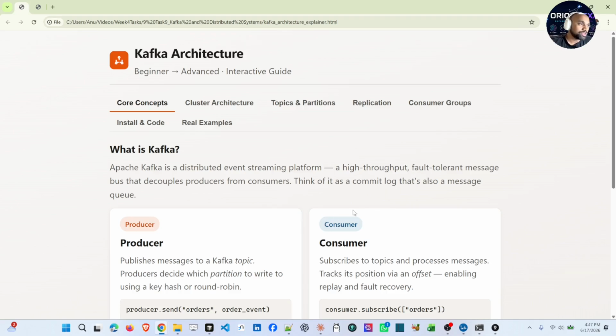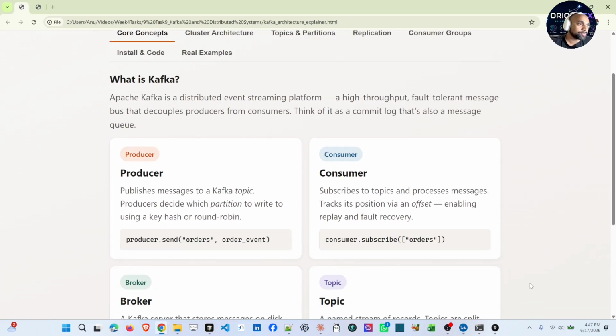First of all, let's see what is meant by a producer. Producers are the ones who produce the data or create the events and publish those messages into a Kafka topic. As I already told, all the messages or events will be written into topics. The publishers are doing this event streaming into the topic.